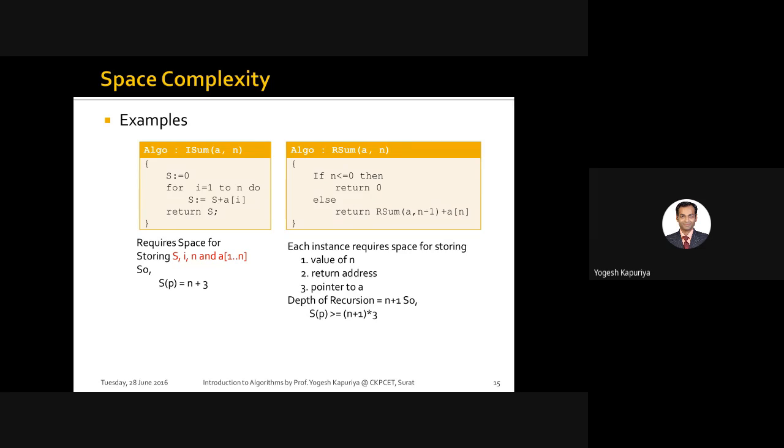But apart from this, when you are talking about the space complexity, there is a variable component as well, which is your array, and there is the size of the array. That size of the array is actually a variable component when it comes to the space complexity. So normally the equation will be in the form of something like n plus 3, where n is the variable component and then there is a fixed component. So it can be a linear equation most of the time.